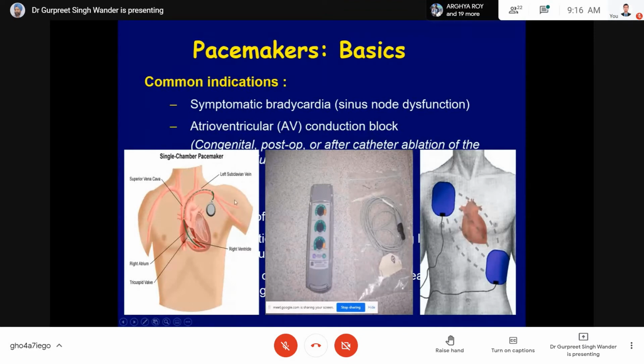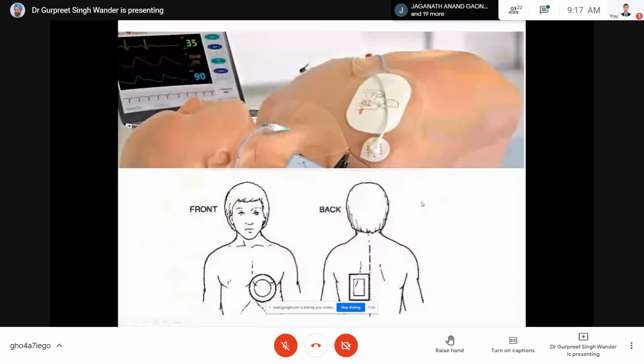And this is what a single chamber pacemaker looks like. This is where we implant it, and it has a pulse generator, and then there is a wire which goes to the heart, which we thread through the vein into the heart, and then we position it in the right ventricle. As I said, this is the right atrium, the left atrium, the right ventricle, and the left ventricle. When the atria contract but the conduction doesn't happen to the ventricles, it's of no use, so we have to stimulate the ventricle. But when we stimulate the ventricle, the atrial kick to the filling of the ventricle is lost. So that is some sort of a limitation to this device.